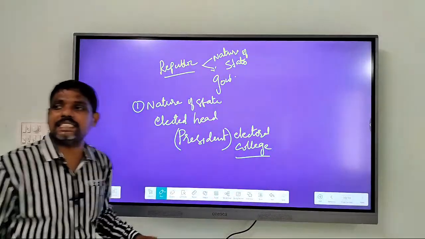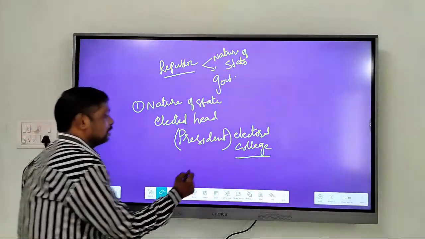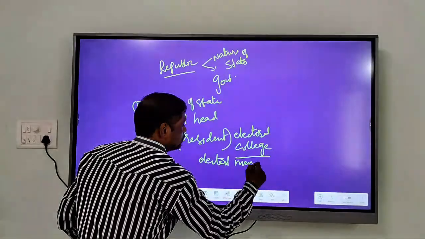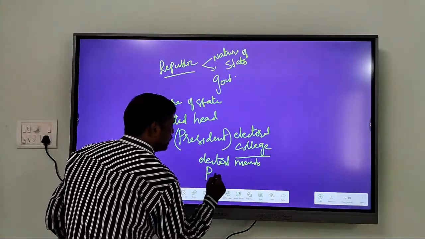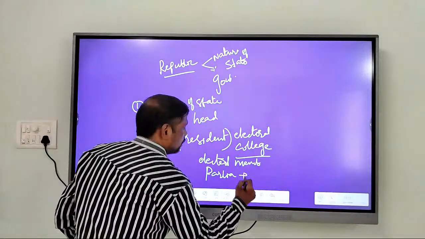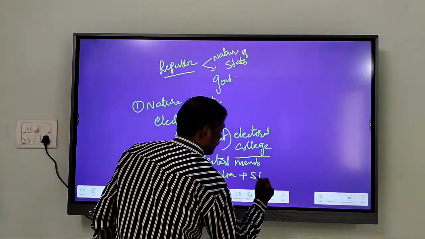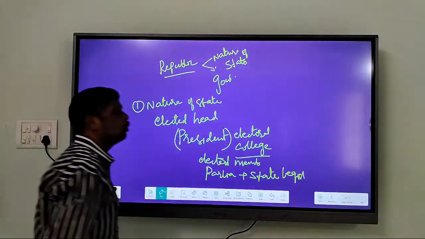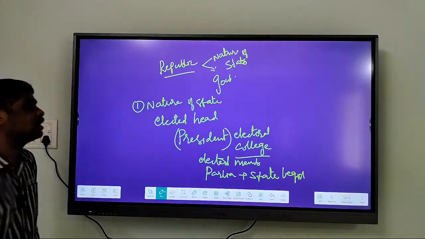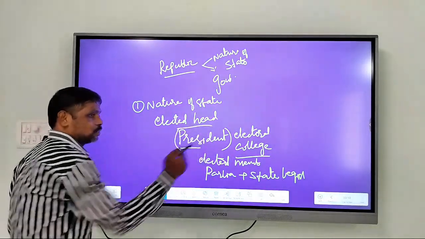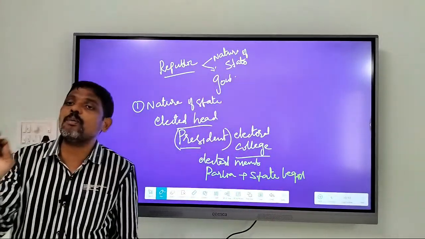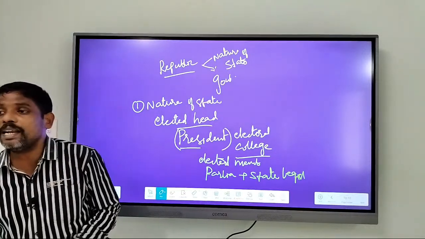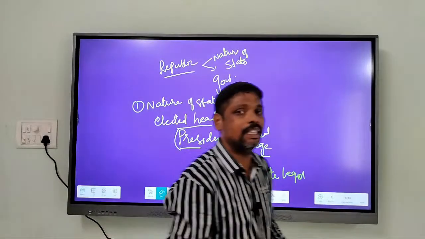Electoral College, which consists of elected members of parliament as well as state legislature. So it is the elected members of parliament and state legislature who will participate in the election of the President of India. So that means, remember, there is no place for nominated members in the election of the President. The nominated members will not participate